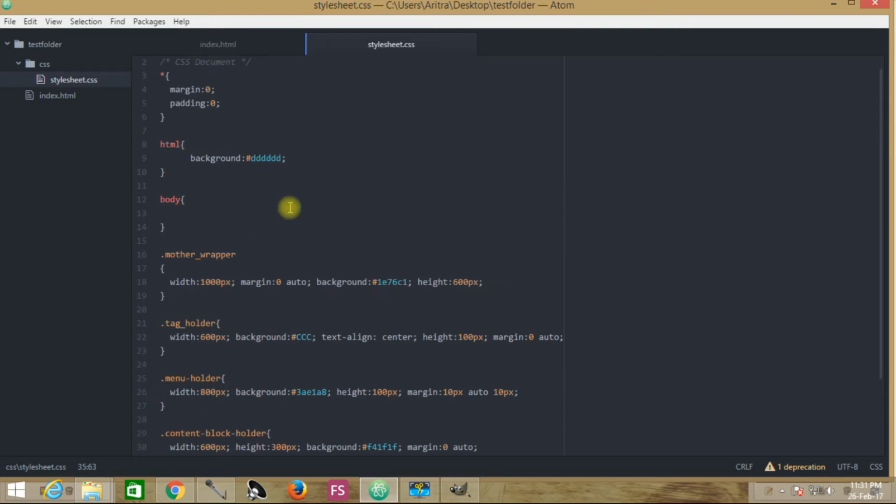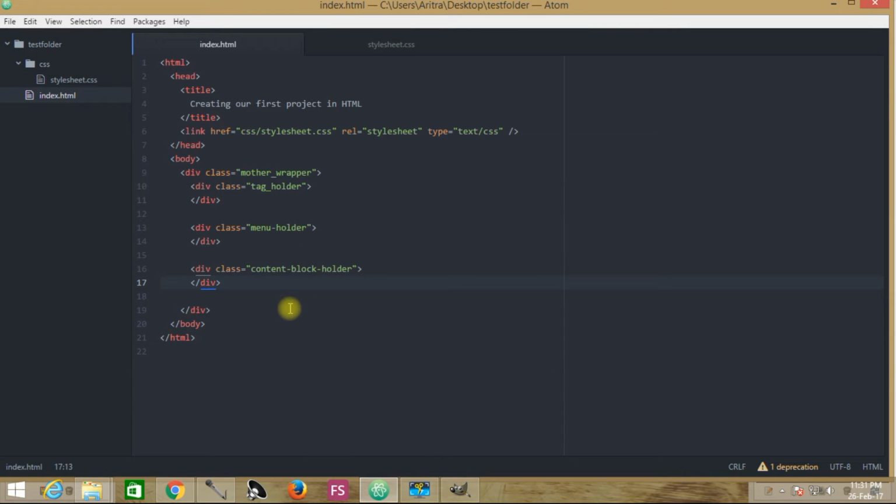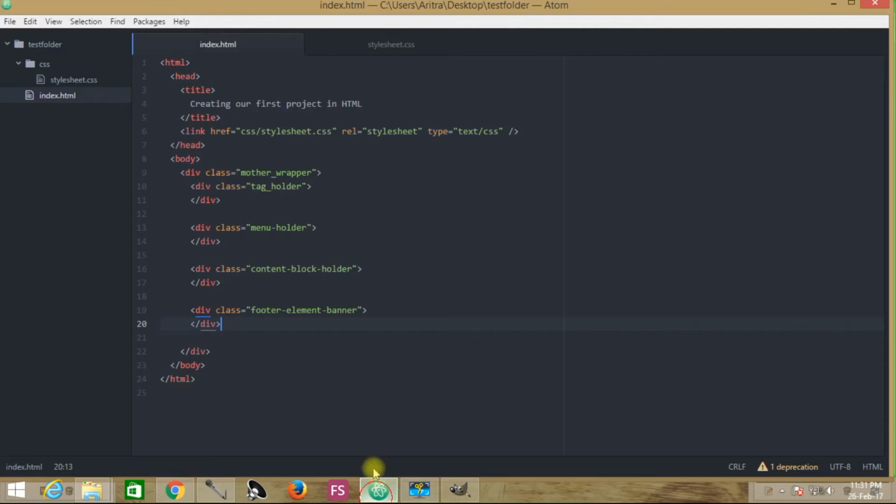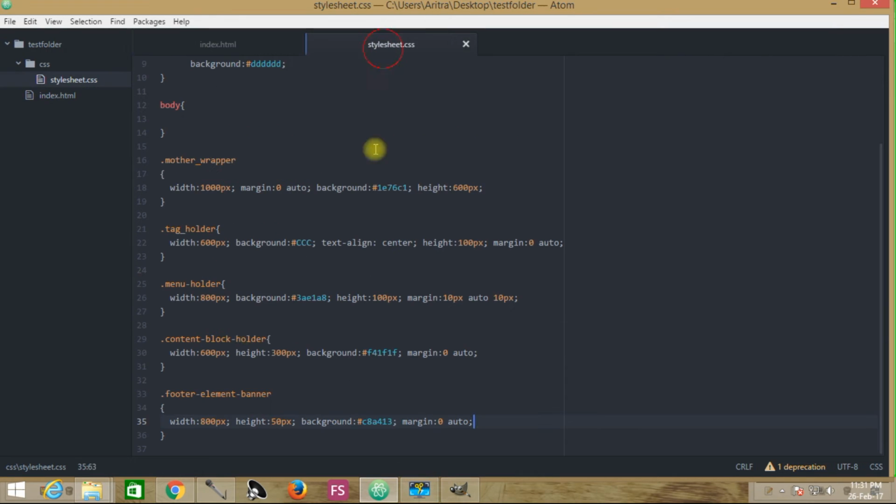Now let's get back to index.html, and finally we are creating another class. So we have created this footer element banner, and I think I should leave a total margin of 10 pixels as usual from the content above. So in the style sheet we are providing 10 pixels auto.